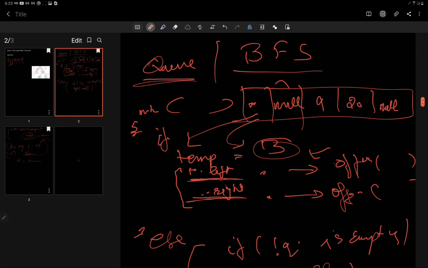I'm not showing the code over here, I'm just telling you the approach. I'm explaining why we are adding null to it, what the significance of this check is in our algorithm, and how this algorithm proceeds. I hope it is clear up till now. Now moving on, let's see the code for this problem and finally clear this traversal from our mind.